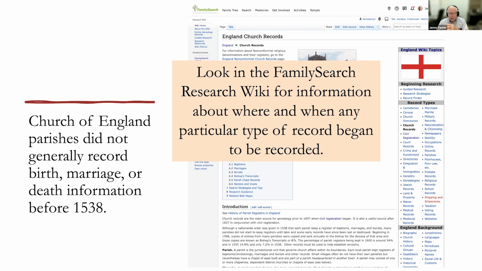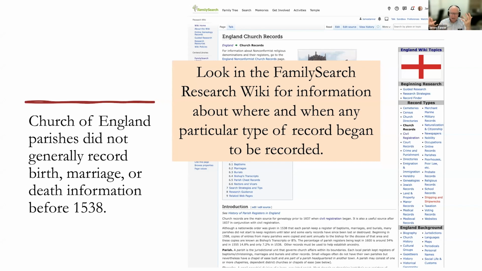There were never, until civil registration began in 1837, birth records consistently for any place in England. And so if you put in a birth date in an English record that dates before 1837, you can probably assume it's inaccurate or was made up or estimated, because they probably do not have a specific record showing a birth date. Now, there are some exceptions.